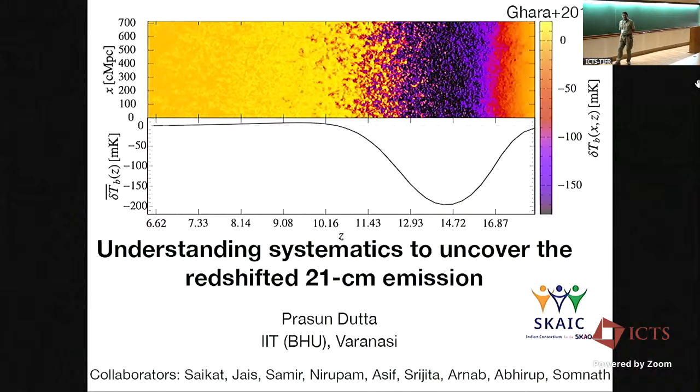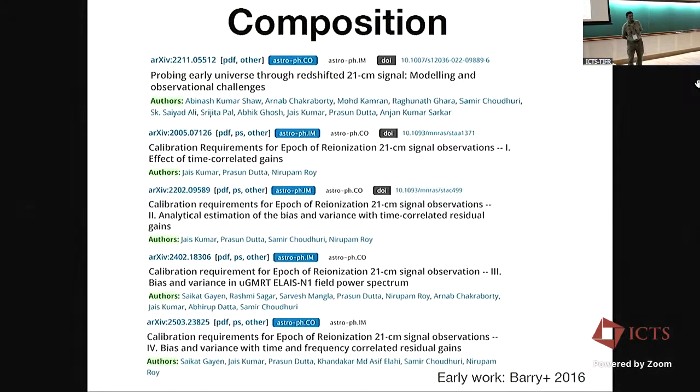All right, so let us start and let us try to understand the systematics, shall we? This is based mainly on 4 papers, which are the last 4 ones. The 4th one is still, I think, on the arXiv only and has been submitted. As you can see, the common thread is calibration requirements for epoch of reionization 21 centimeter observations. And I understand that there are people who are not from the community directly. For them, you can look at the top paper, which is a kind of review which summarizes the difficulties in